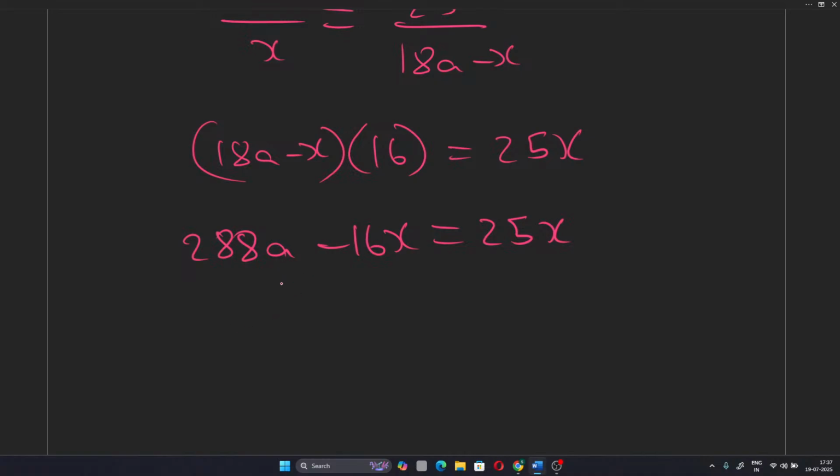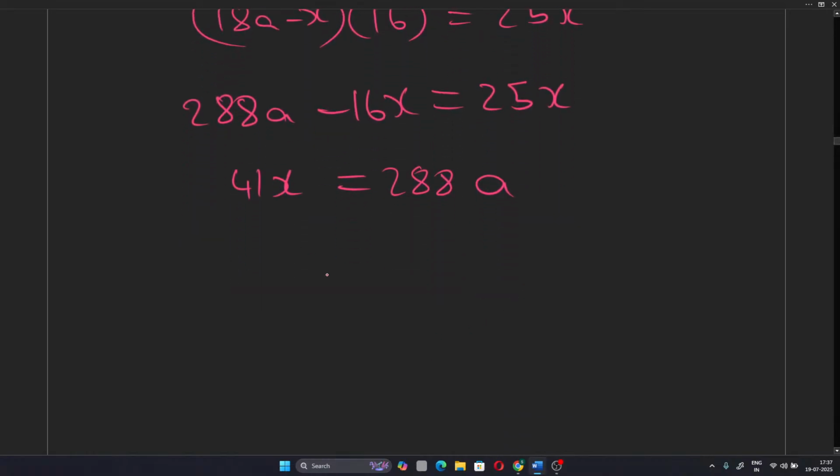So 25 plus 16 is 41x, which equals 288a. So x equals 288 by 41,